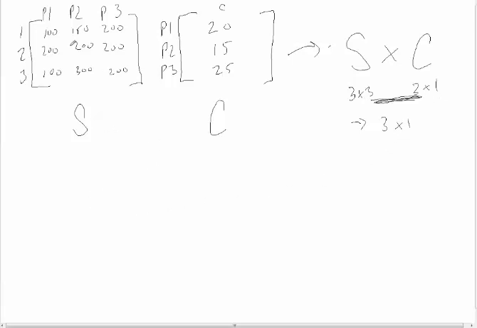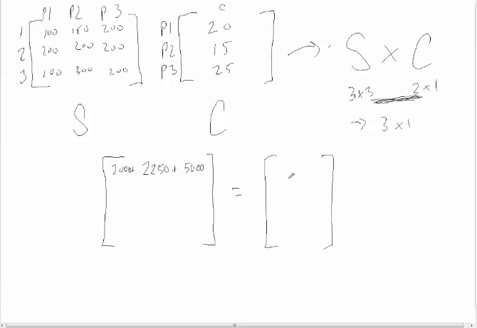And to multiply, we multiply the first row times the first column, and we get 100 times 20 plus 150 times 15. Oops, 2,000 plus 200 times 25. And that's